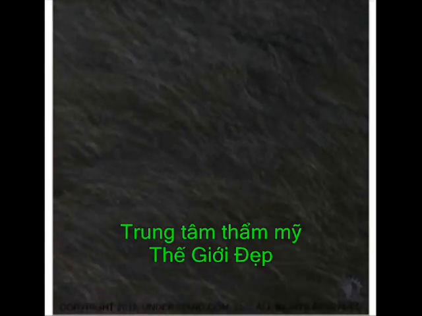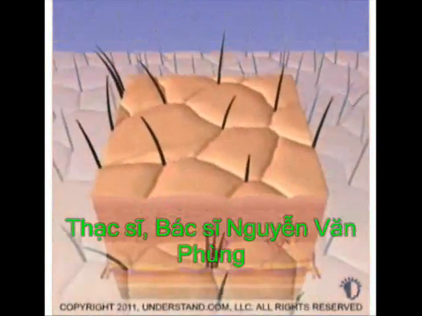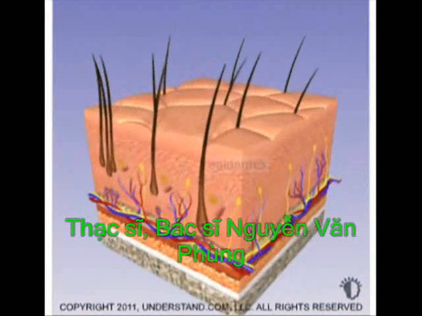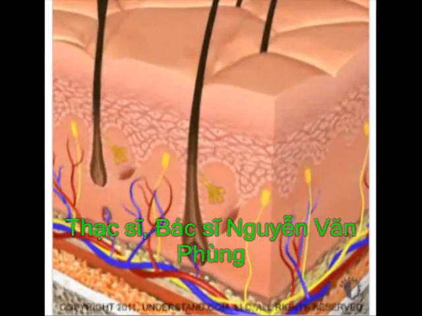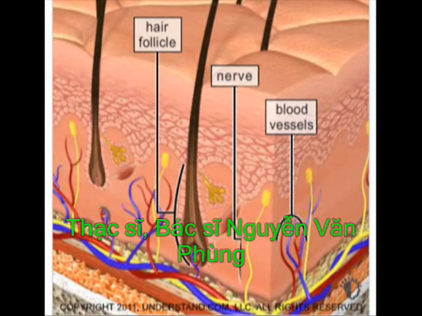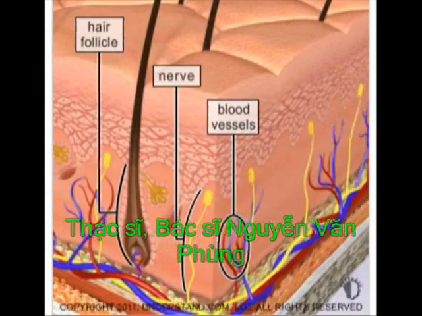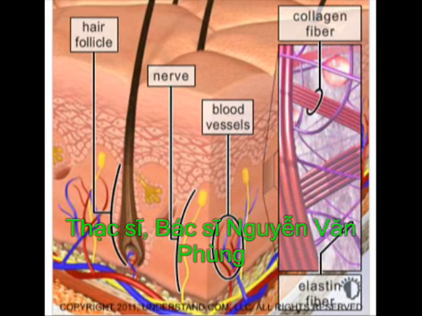The scalp's unique anatomy makes scalp reduction possible. Skin consists of a surface layer called the epidermis and the underlying dermis. Hair arises from hair follicles, which are downward growths of epidermis within the dermis. Nerves and blood vessels within the dermis provide sensation and nourishment. A network of collagen and elastin fibers also exists in the dermis and provide structure, support, and elasticity to the